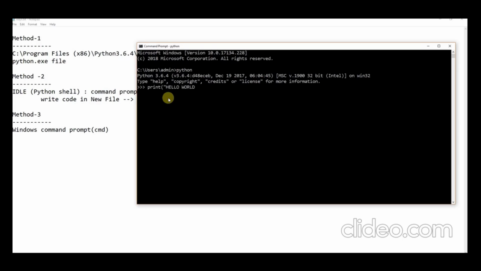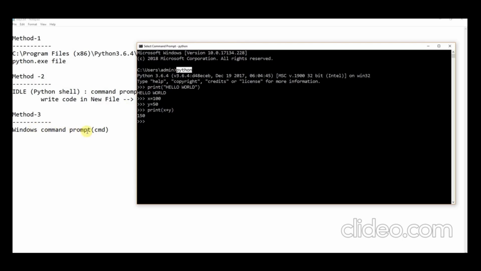And similarly, if I define a few variables here, let's say x is equal to 100 and y is equal to 50. Now if you want to add them, let's say print x plus y. Now it will give you 150 as an output. So this is how we can execute our code using the Windows command prompt. We just need to type the python command here, and then it will give you a command prompt, and there you can write all our Python code and execute it. So by using the Windows command prompt, we can execute our Python code.